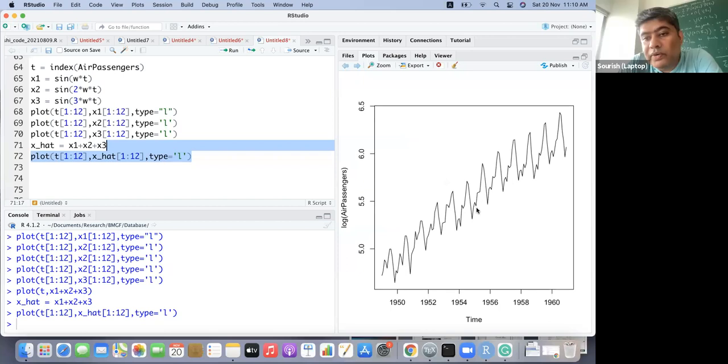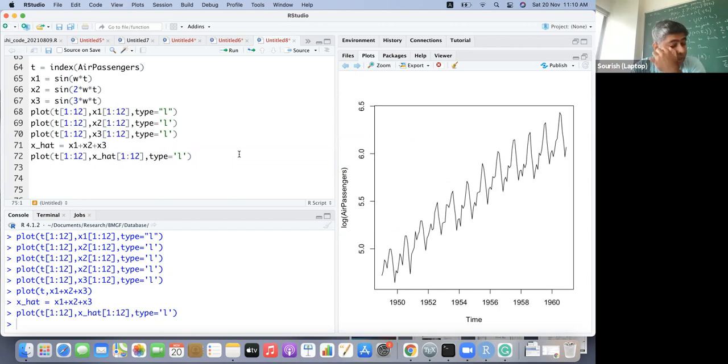Yeah. So for a 1 year period, the data is kind of going up and coming down, and then again going up and coming down. So we want to model this for 1 year, because if we can model this for 1 year, then it's basically going to repeat. We want to do it because it's going up and coming down. It's like a sine cosine behavior, like Fourier behavior. And that is what we are trying to model here.